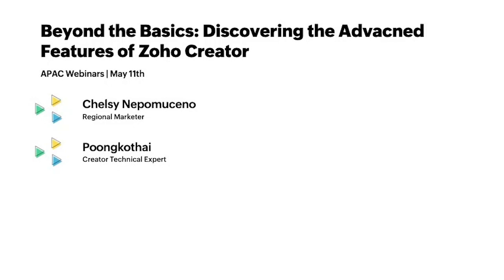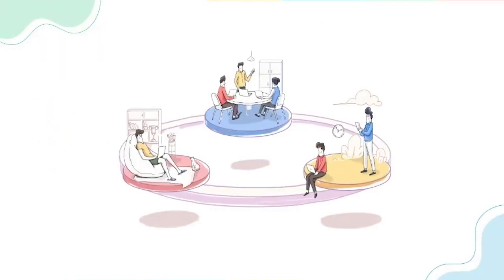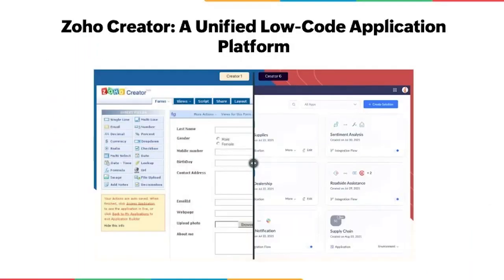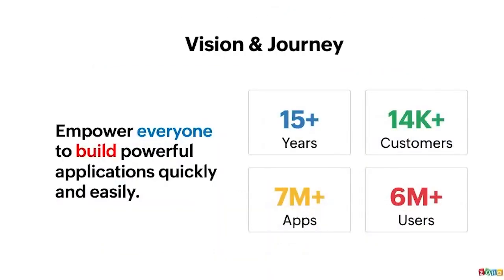So let's get started. Like I mentioned earlier, this is the second part of our Creator webinar series. So, a very quick overview. What is Creator? Zoho Creator is a unified low-code application platform, and we've gone through a lot of growth since the first version, as you can see from my slide, up to now, where we have recently launched Creator 6, which is more improved and still continuing with the vision and journey to empower everyone to build powerful applications